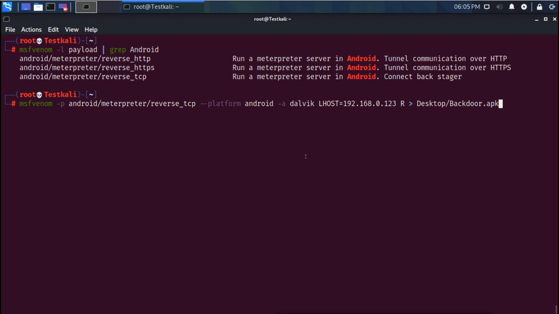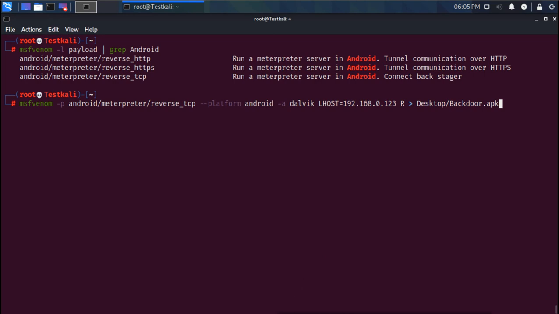So I am going to create the .apk file with the name of backdoor. We can give any name, and it is going to use this payload and mention this platform and architecture, and I am only mentioning my local IP, my Kali Linux IP, so that when the application is installed in the Android device, it will try to connect to this Kali machine.